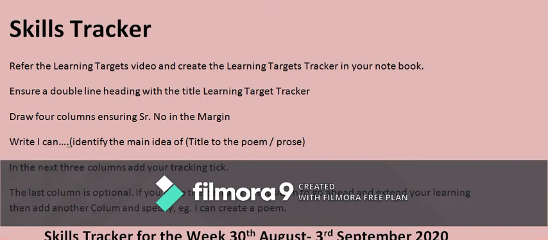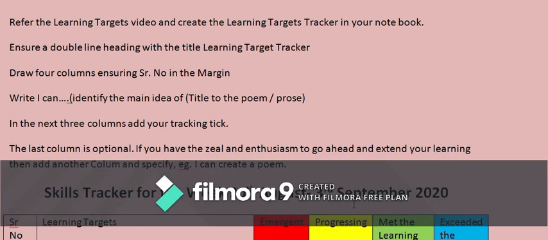Now let me show you. Scroll down. Learning Target Tracker. Draw a double line on the top of the page so that you have this skill tracker with the heading and the week, because for every week you are going to have a different tracker. And if I were to check your notebook, say 6 weeks later, I should see 6 skill trackers in your notebook. Alright, because earlier I couldn't give you this piece of information. I know that you have not tracked your skills.